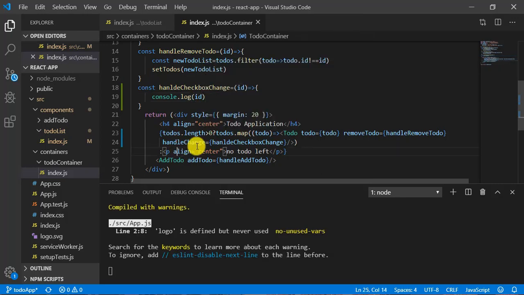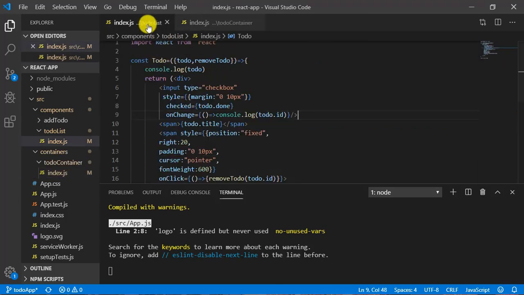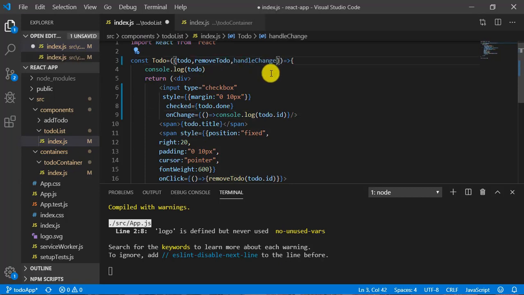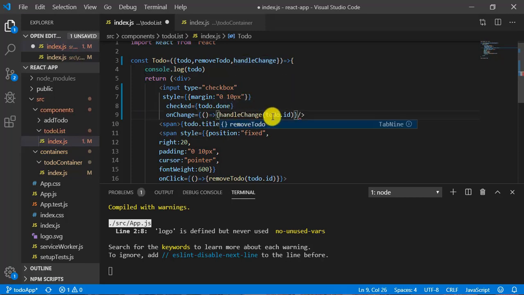Save it, and now we will get this function as handleChange in the todo component. So let's copy this one, go to the todo component, and here I will get this function. Now on click of this, I don't want to do console log, so let's call this function and pass this value as id as a parameter.